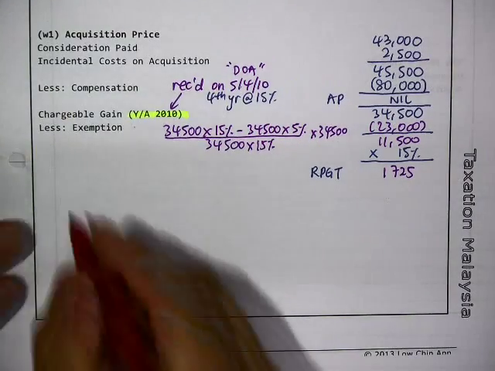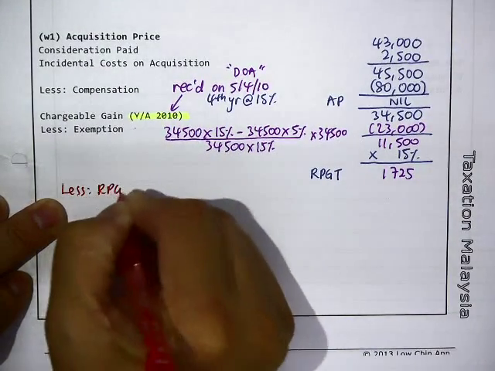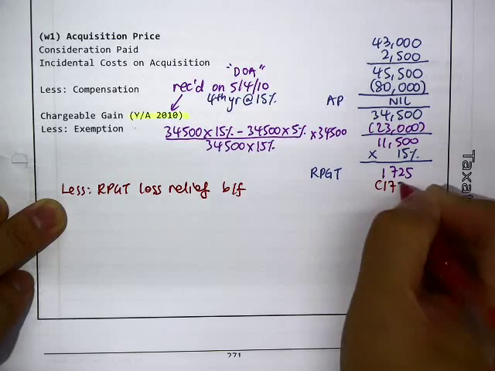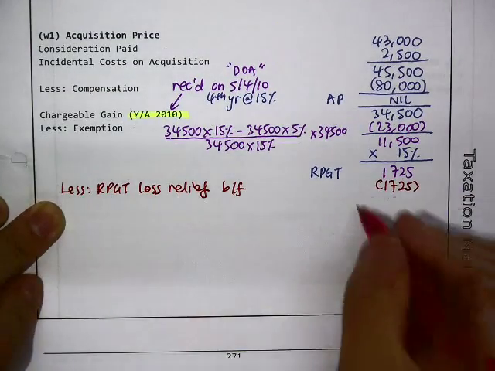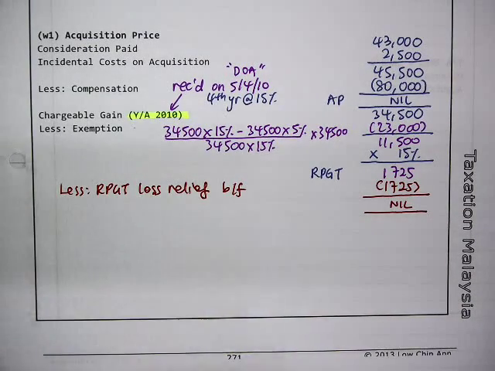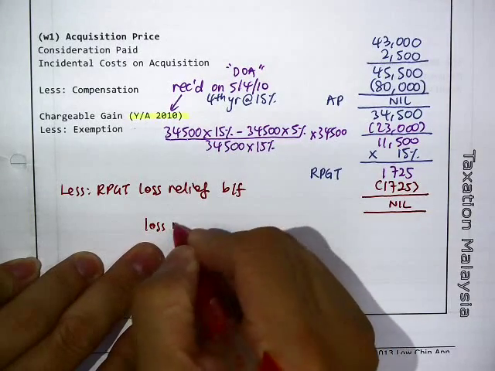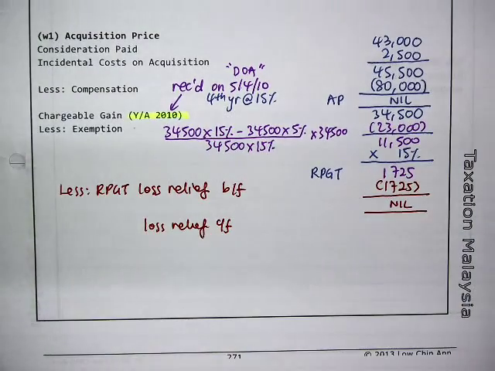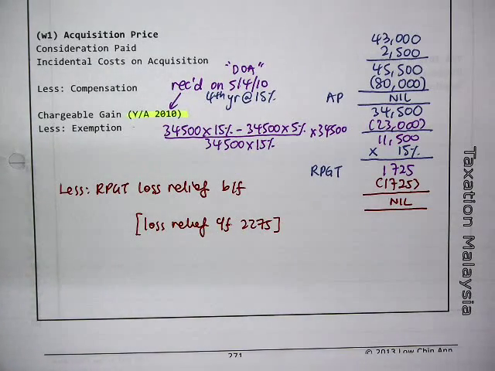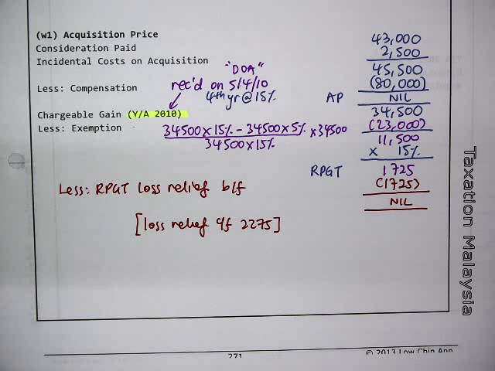Remember the formula? Now I'll just show one more time only. It's the same thing. I know I'll show again and again. Okay? So we just take the gain times the rate minus the effective rate. If this effective rate is 5%, you take 5%, divide by the rate. So shortcut is 15 minus 5 is 10 out of 15 times 34,500. You should be getting 23,000. Then you get 11,500. And your tax will be